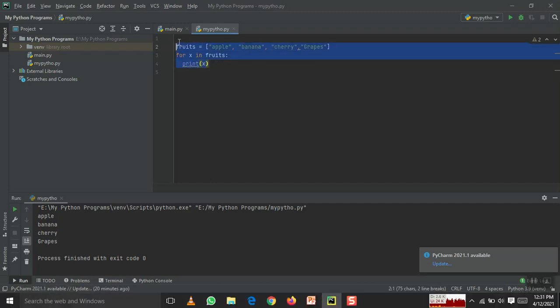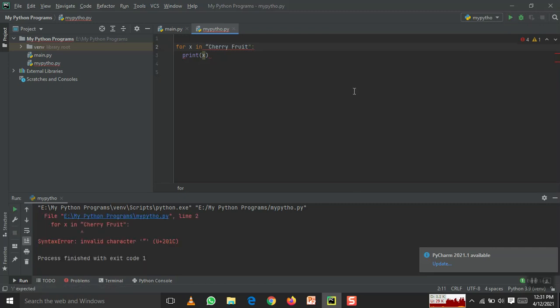So I'll be having a string. I'll have a program for you. Okay, this is the program. See here. So I want to print character by character. CHERRYFRUITS, that is your string, right? So now what I am going to do is print it one by one. Okay, so we'll run this and we'll see what happens. Why is it not printing?